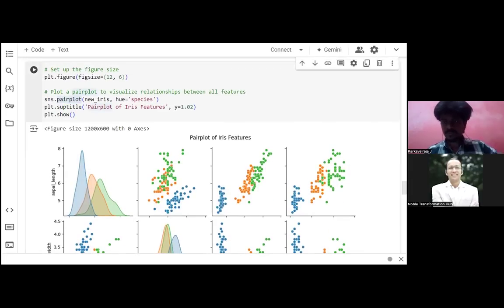So there is another way. Pair plotting: pair means two, so you do pair plotting here, a double-dimension kind of thing, iris features on features. What are your features? Based on that, sepal length, sepal width. Can you move it up a little?